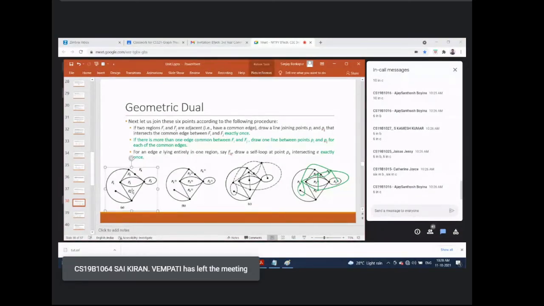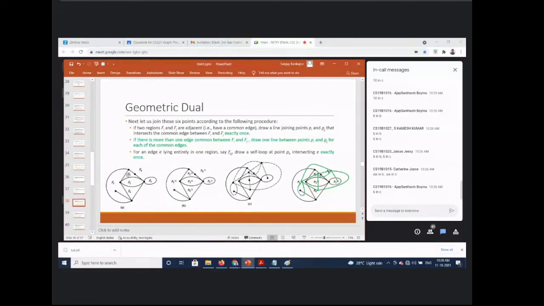First of all, the given graph was planar. What we did, we converted that given planar graph to its geometric dual, and it is also a planar graph. Right now it has been overlapped. If we take out the dotted lines, or probably the green lines which we drew just now with all your help, then definitely it's a planar graph too. Geometric dual is also a planar graph.